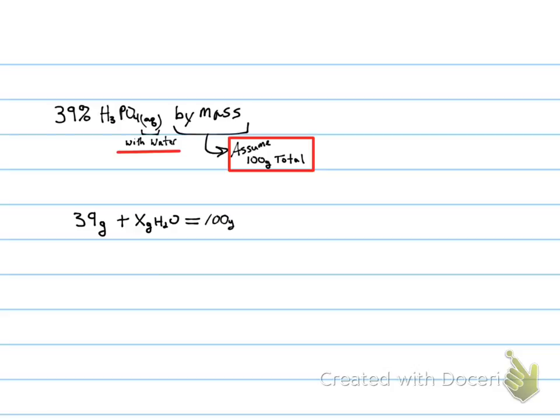And the question is, well, how do we know 100 grams? Well, we could assume a different mass and then recalculate the percent of 39%, or we could just assume 100% is 100 grams total. That way it's easy to calculate the mass of the solvent, H2O. So X grams of H2O equals 61 grams,